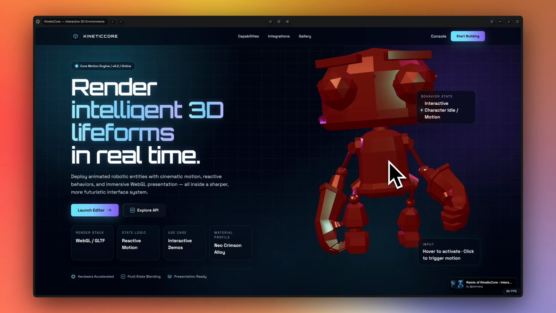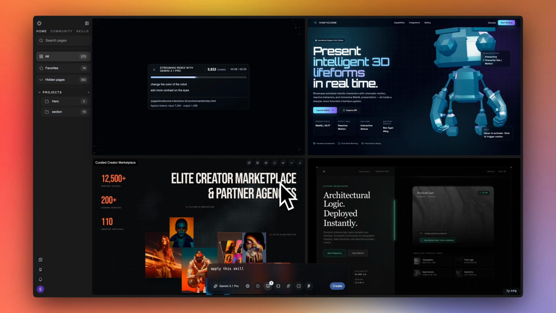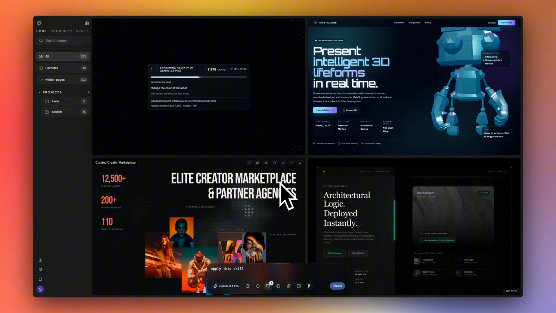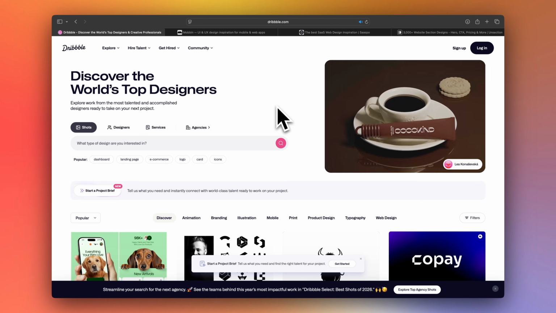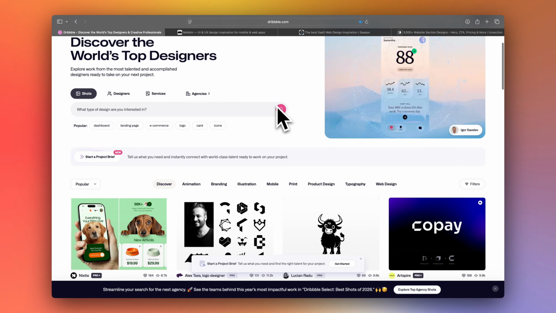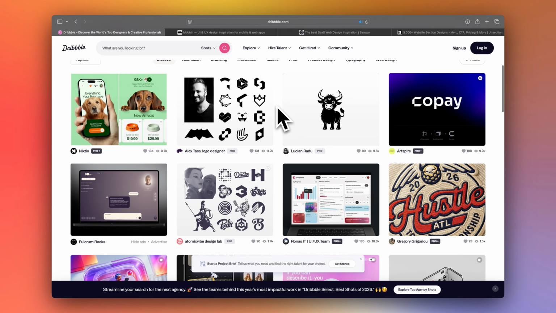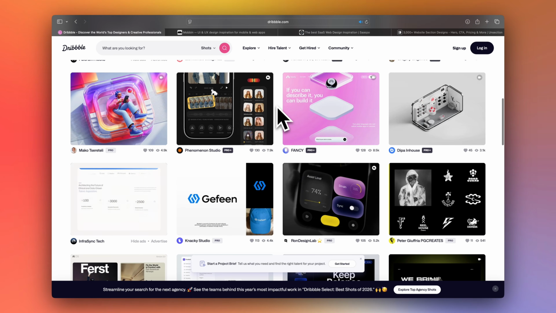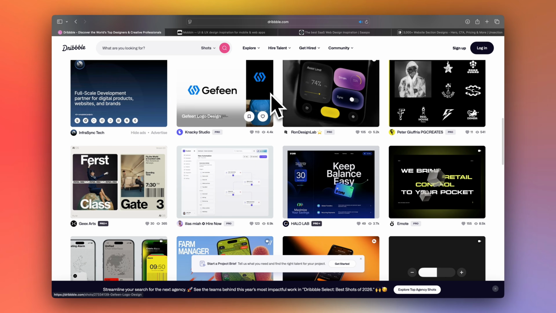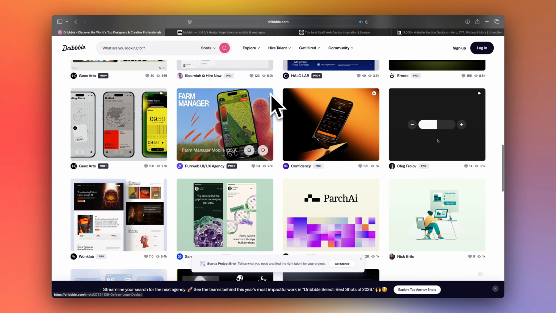So let's get started. Before generating any UIs in Neuform, I like to start by finding a strong visual reference. This can be from different places depending on the kind of UI you want to create. You can use Dribbble, which is great for more creative, polished, and sometimes experimental UI concepts. You'll find a lot of beautiful hero sections, app interfaces, landing page concepts, and visual directions that are more design